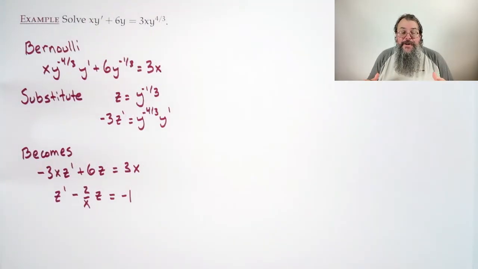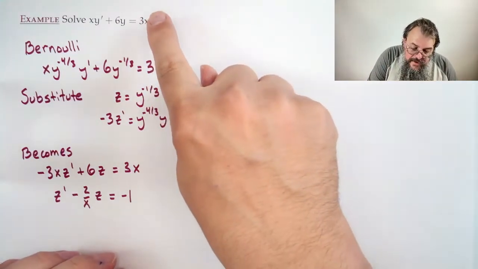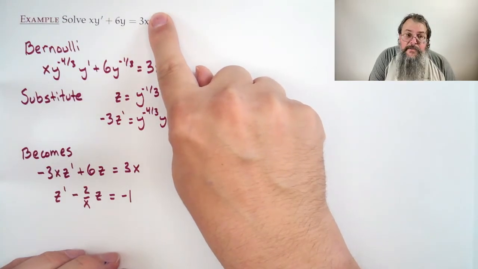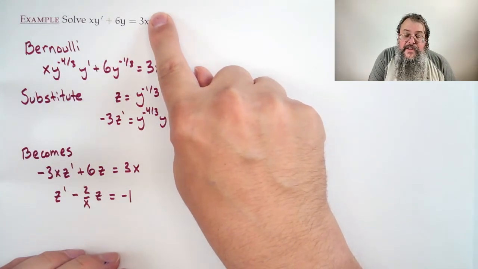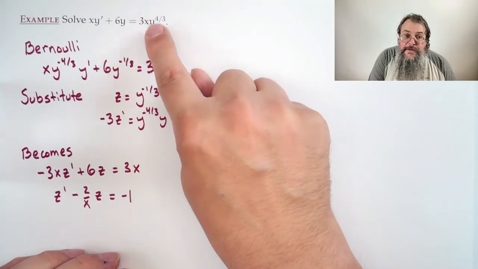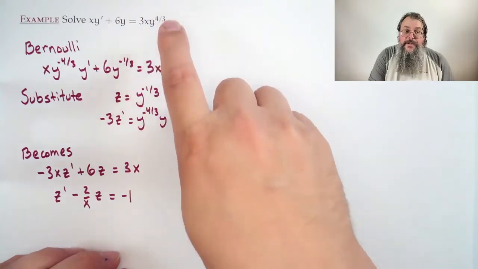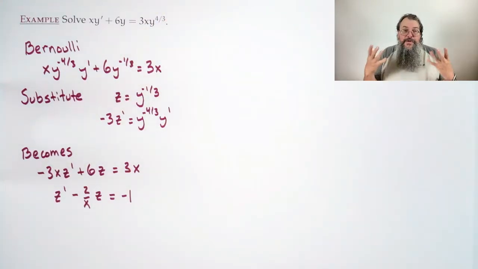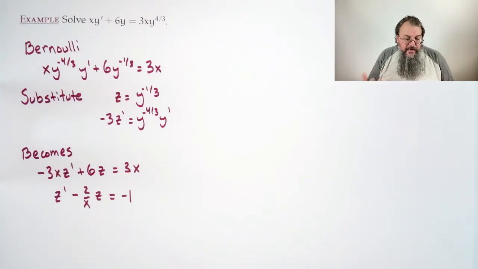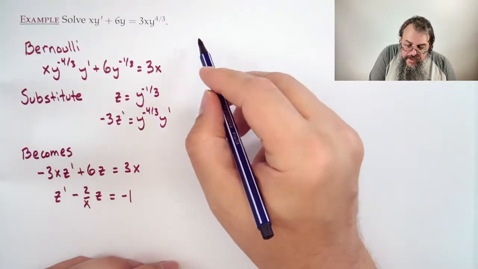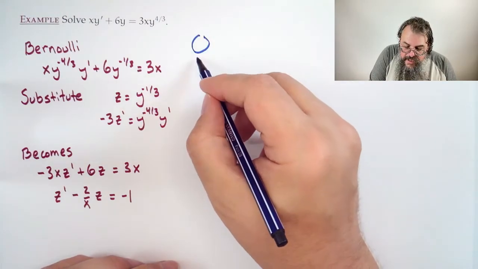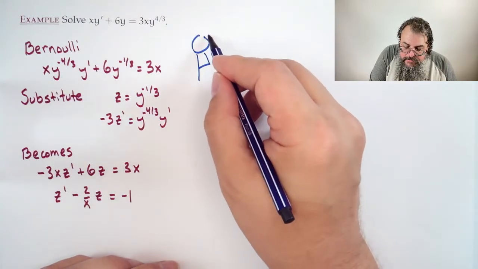So we're going to join this problem currently in progress. So the problem was xy prime plus 6y equals 3xy to the 4/3. And this is one where if you were to cover up that last piece, it looks linear. So the problem is that you have this x y to the 4/3. Now, this is called Bernoulli. And you might think, well, okay, what was Bernoulli's idea? Well, Bernoulli's idea is actually not a very sophisticated one. Bernoulli was probably thinking,